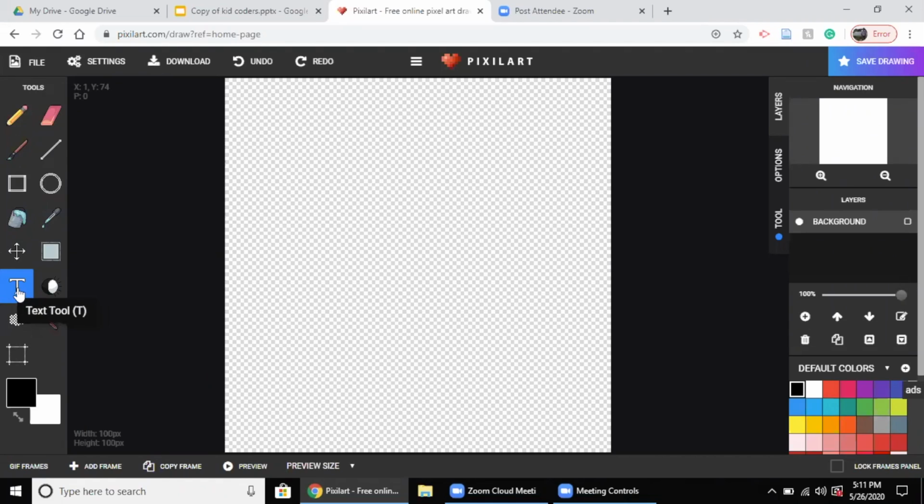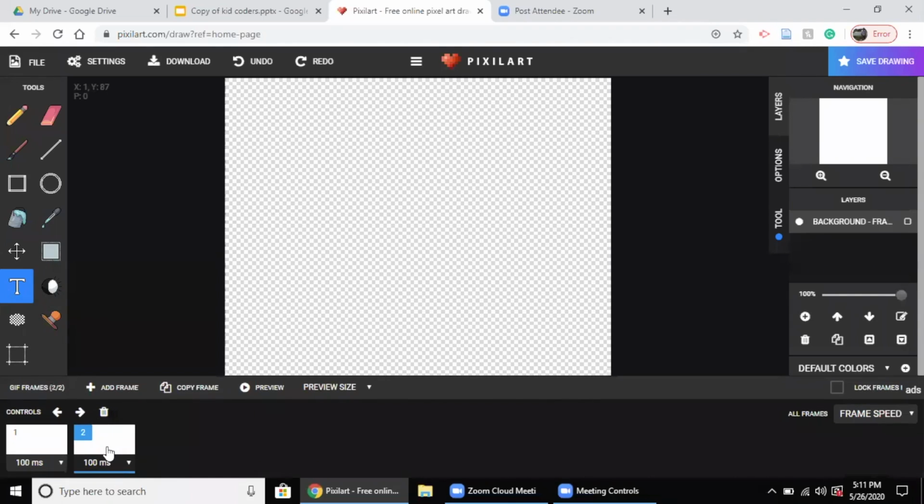So do you see this add frame here? Add frame means you can add more than one frame to the design that you're making. This is very interesting. I'm going to show you how in a minute. So I'm going to choose a text tool here and I'm going to start writing things. Choose the text tool from here, click here and write H. And then I'm going to,